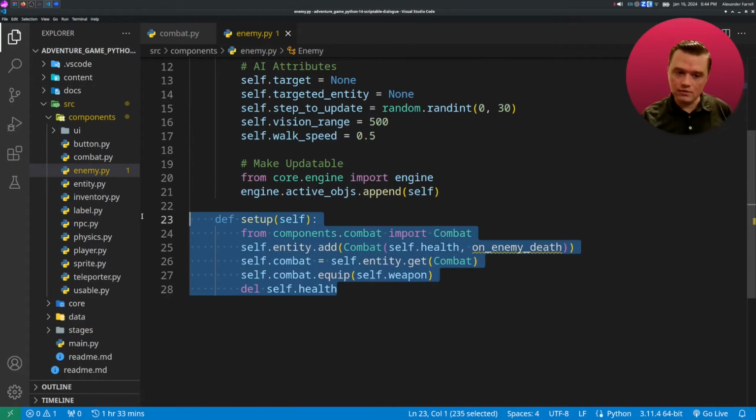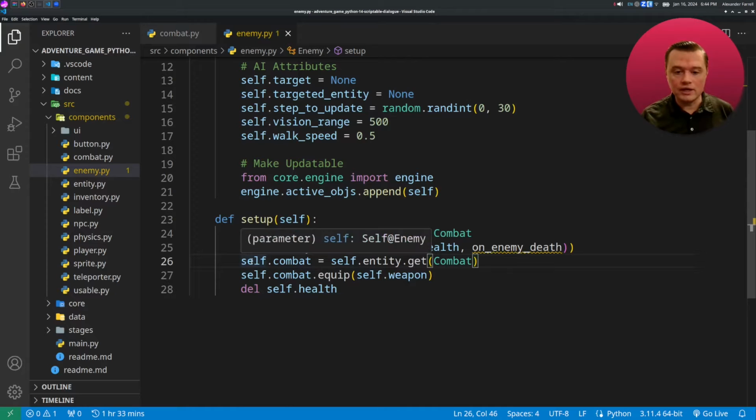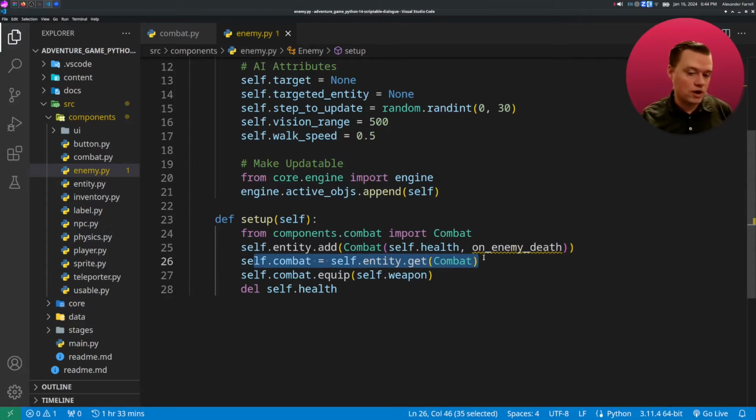But in here, we're going to have a function that you can do additional setup on the entity. We're going to create a combat component, and we're also going to pass in a function here: what happens when the enemy runs out of health? Then we're going to keep a reference to that combat component, and we're also